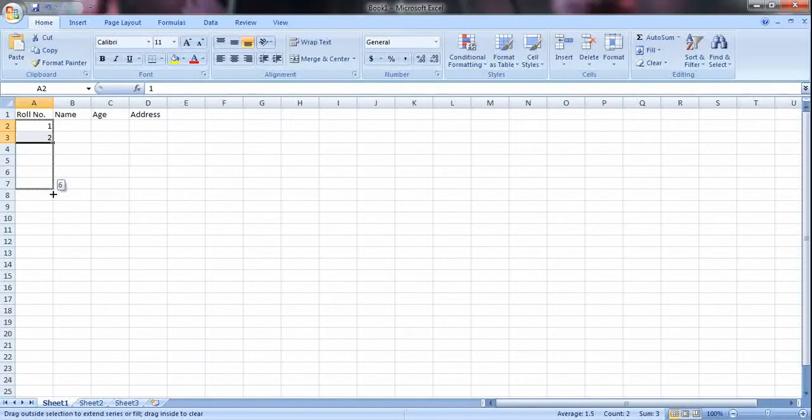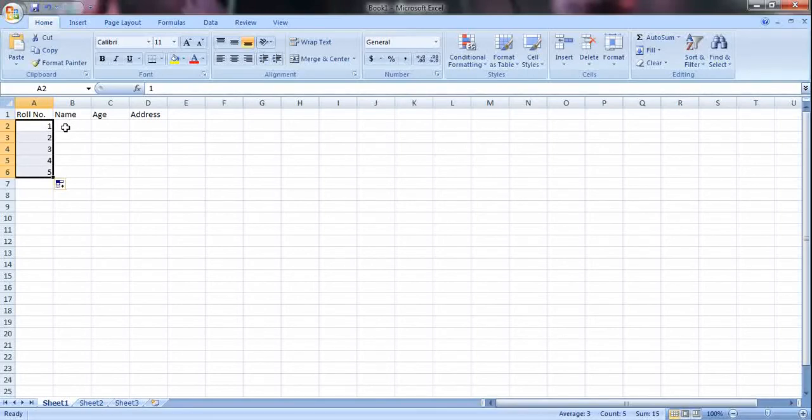So if you look here, I am getting all the numbers automatically. I'll take the information of only 5 students, so I'll take the roll numbers till 5. Now if you see here, roll number 1 to roll number 5 are already here.